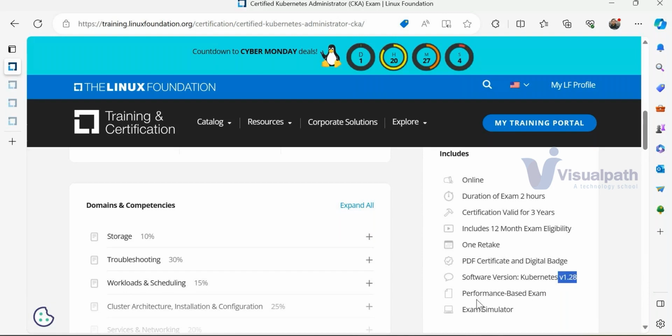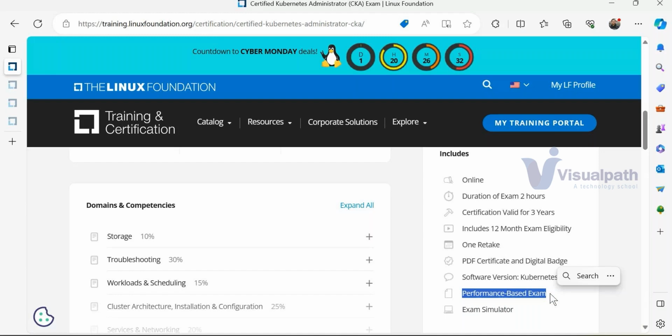Now this exam is purely performance based. It's not objective based. Objective means they will give you 4 options and tell you to select the best one, and you just click one out of 4 and your answer will be selected. But here they are asking about performance. Performance means it's scenario based. They'll give you one scenario where the application or the environment is not running, or something is missing. If you have the hands-on experience, just go and correct the things and rerun them, and it should be in a working condition. Then only will marks be assigned.